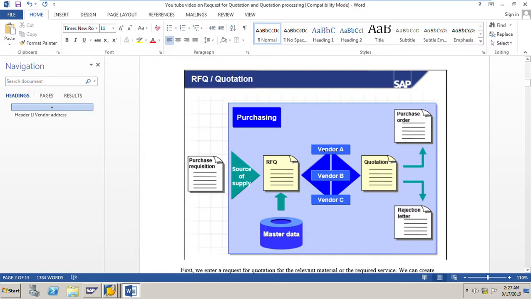So here, this figure shows the general RFQ process. First, the user department creates a purchase requisition. Then, with respect to the purchase requisition, we create the RFQs. In the RFQ, we will use the master data, that is the material master record and vendor master record, and we will send it to the probable vendors. The vendors will send their quotations. Based on the vendors' quotations, we will enter their prices, conditions, and delivery dates in the RFQ and save it,